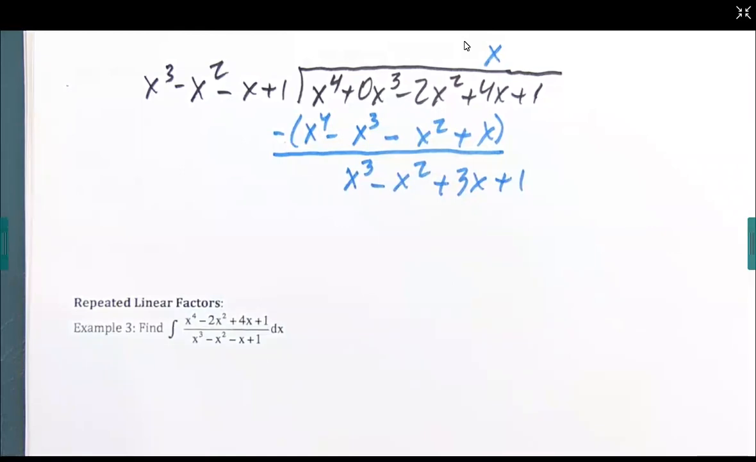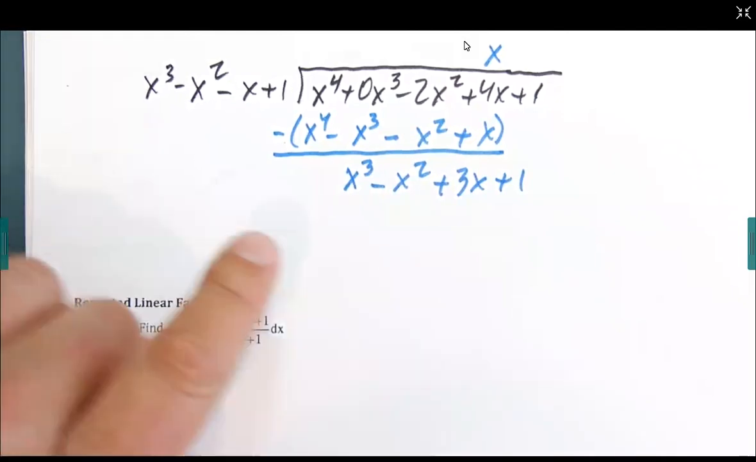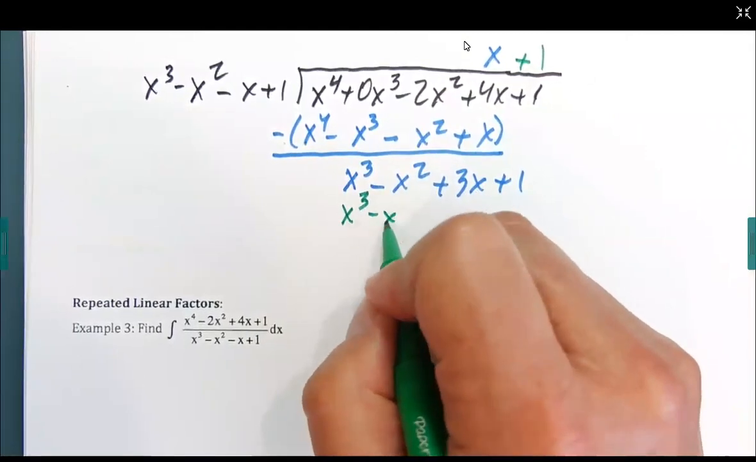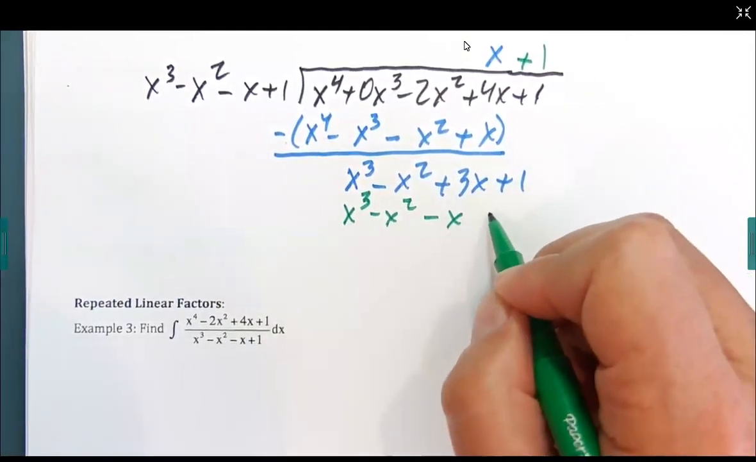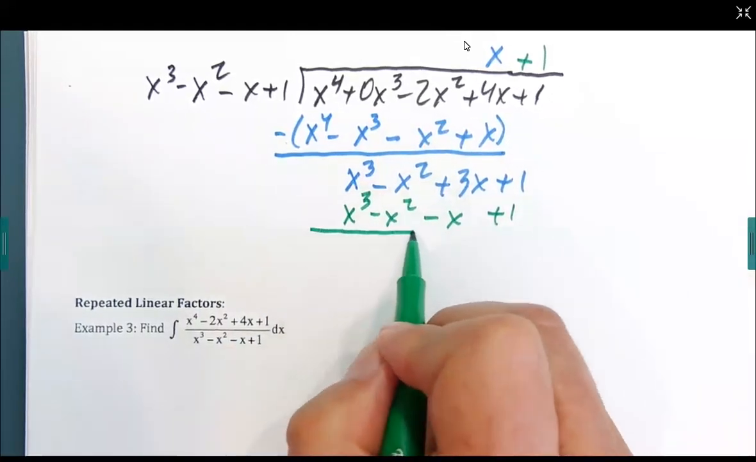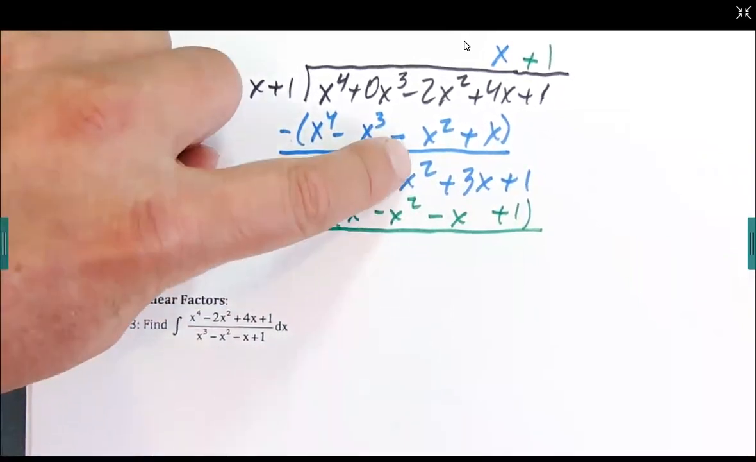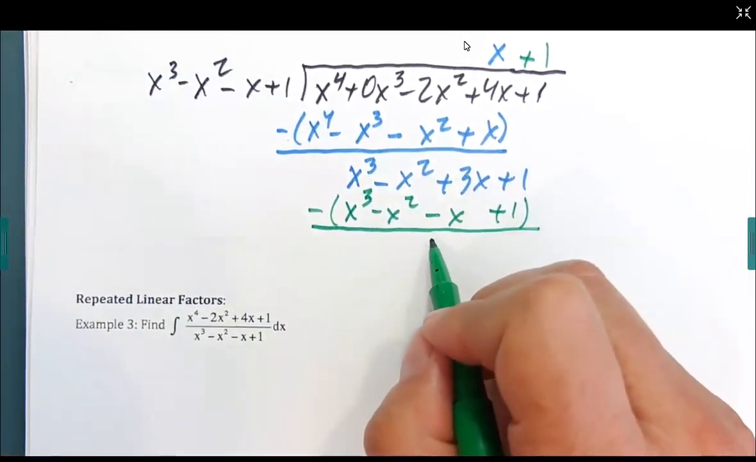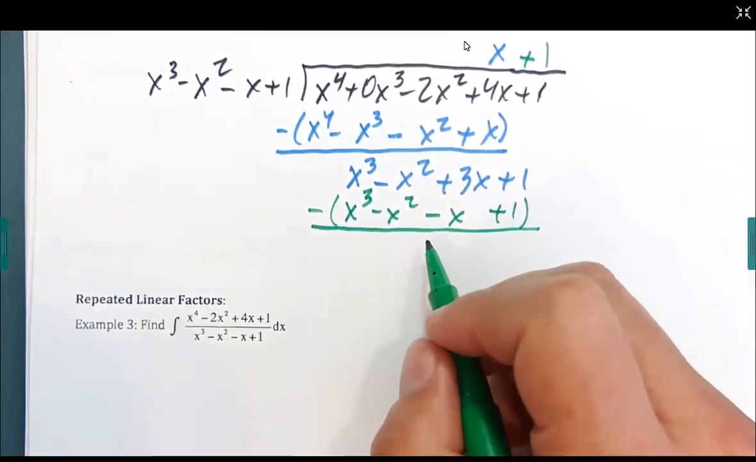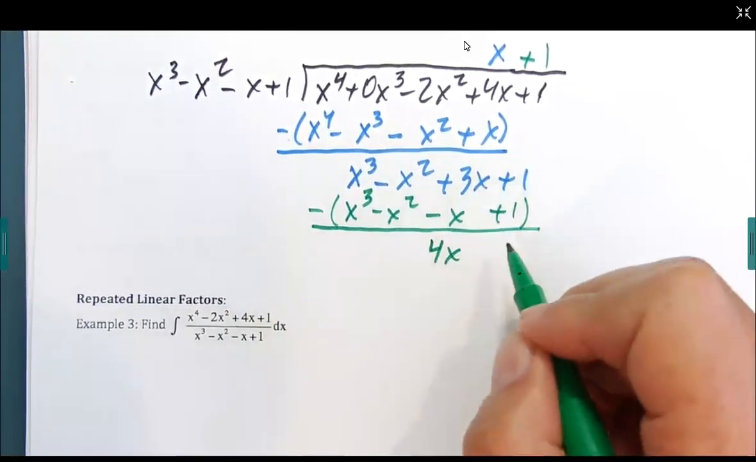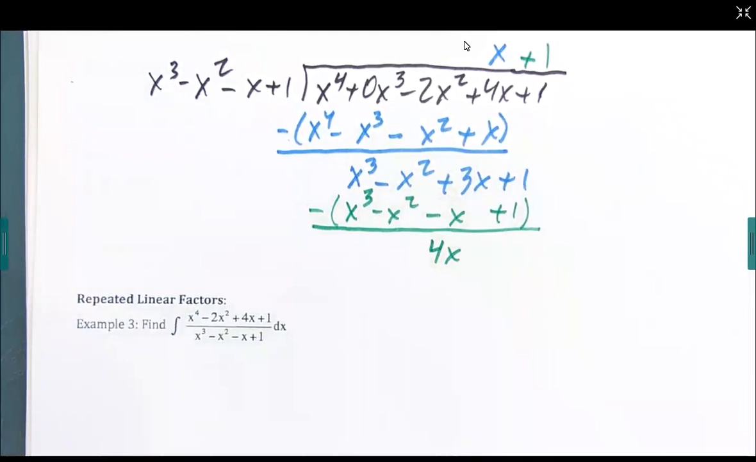We will start again. I now need something times x cubed to give me x cubed. That's going to be plus 1. So x cubed minus x squared minus x plus 1, and then subtract. Gone, 2x. Pardon me, 4x, right? 3x minus minus, so it becomes plus. And that's it. So this integral down here gets rewritten as,